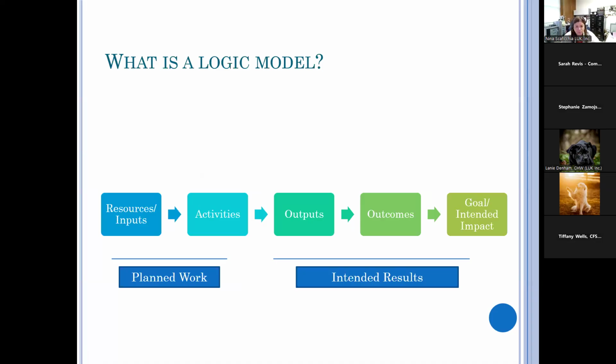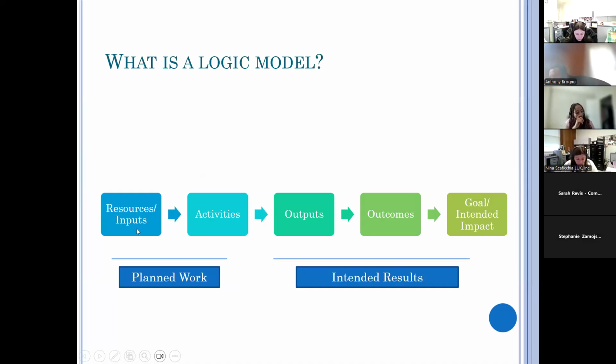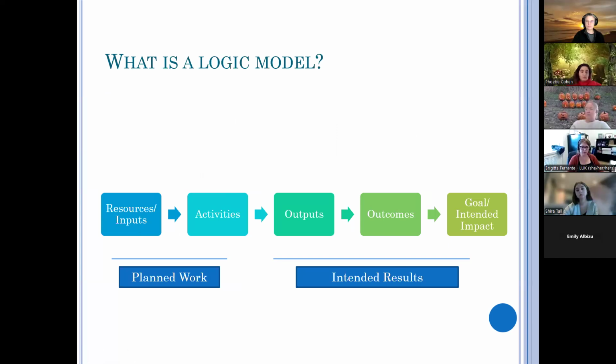Again, logic models might look different depending on who is creating it, but in general, it has resources or inputs into the program, the things that you need for the program to be able to provide the services, activities, what the program is doing or the service is doing in order to achieve the outcomes.